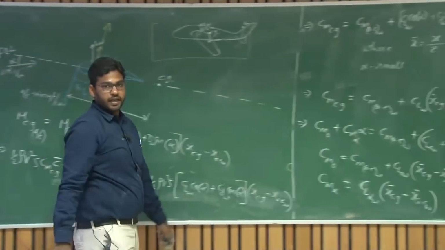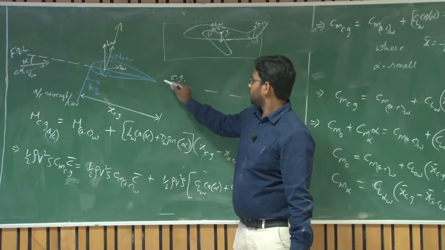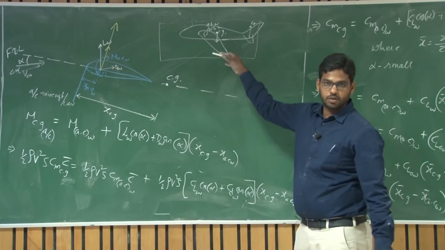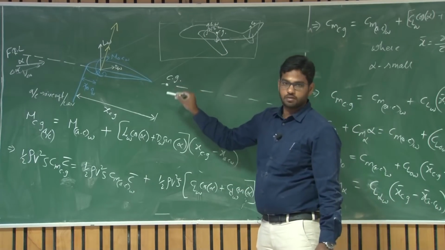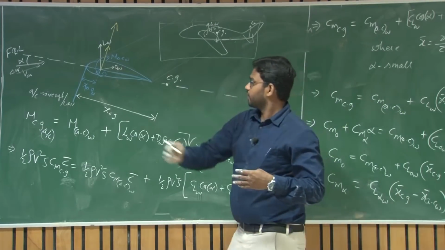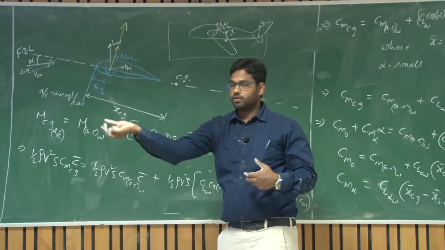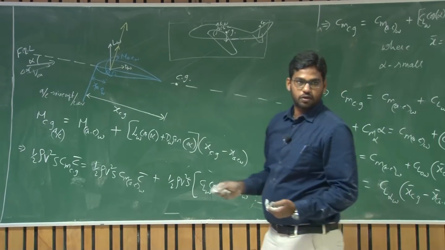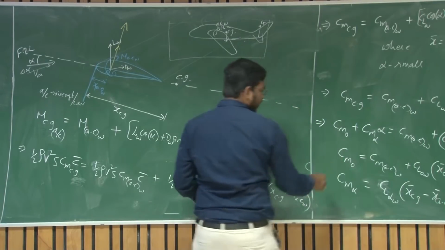So for a statically stable system, let us say this wing alone has to be statically stable. You can assume it's a big wing, the same wing we have here, and the CG for that. You assume there is a wing on either side and the CG along this axis, the wing coming out in this direction. Now what should be the CG location in order to have a stable flight? So this is a wing alone configuration.